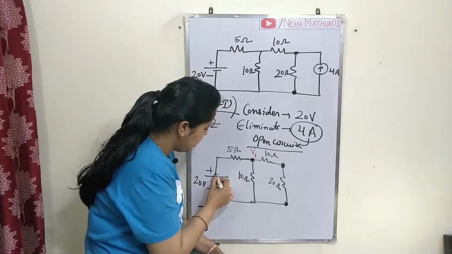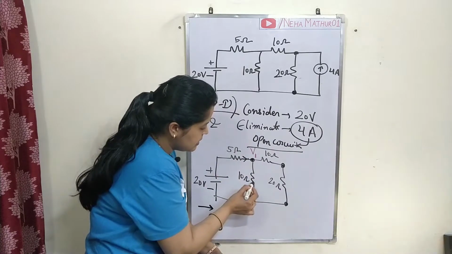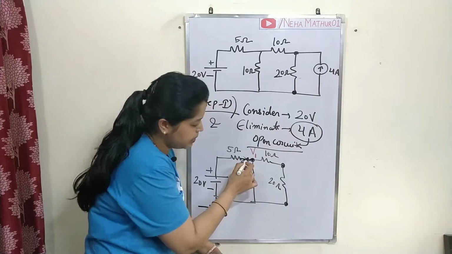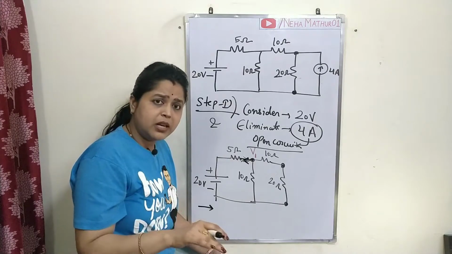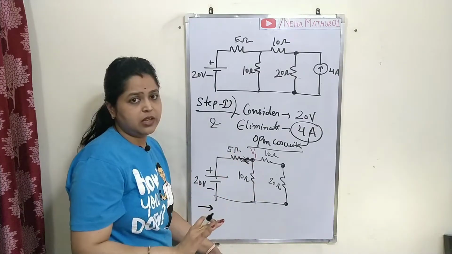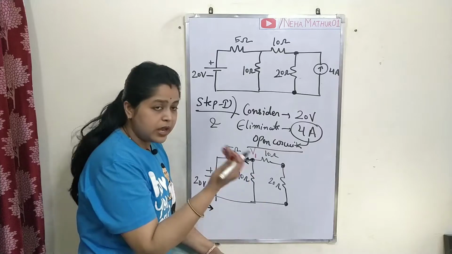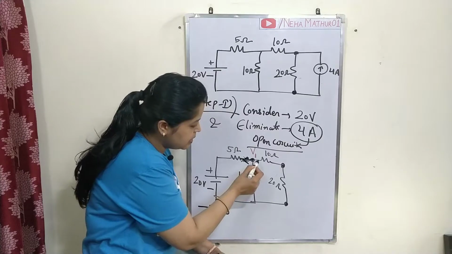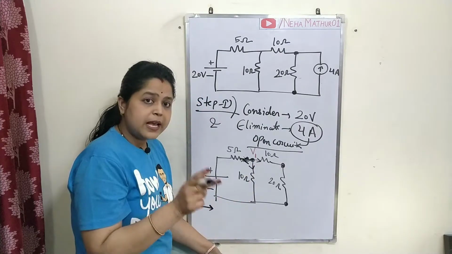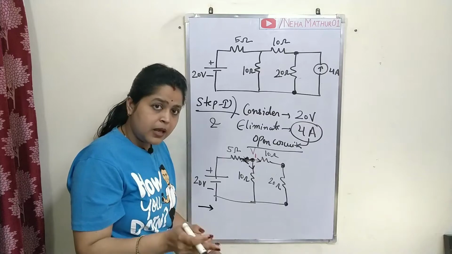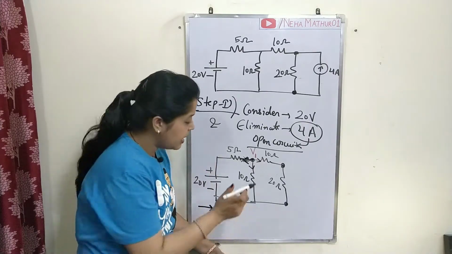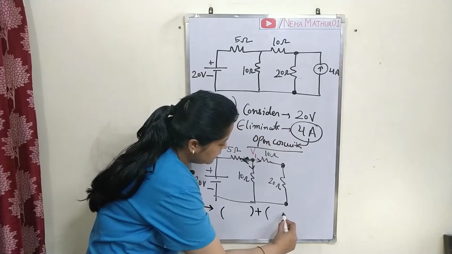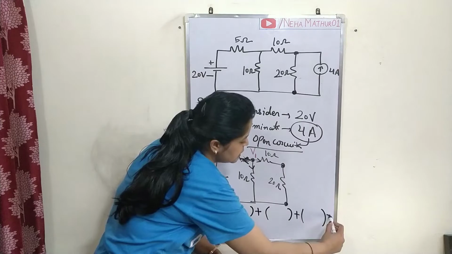So I am considering that current is coming over here, and I am just considering the current is leaving from here. It is totally up to you. If you want, you can take the current as coming or as leaving. That is totally your decision. So as per my decision, I am taking that current is leaving from this node, similarly from this node, and similarly from this node. So as per the concept of KCL, I am writing a nodal equation at that node, and according to that, the total current at that node is equal to 0.